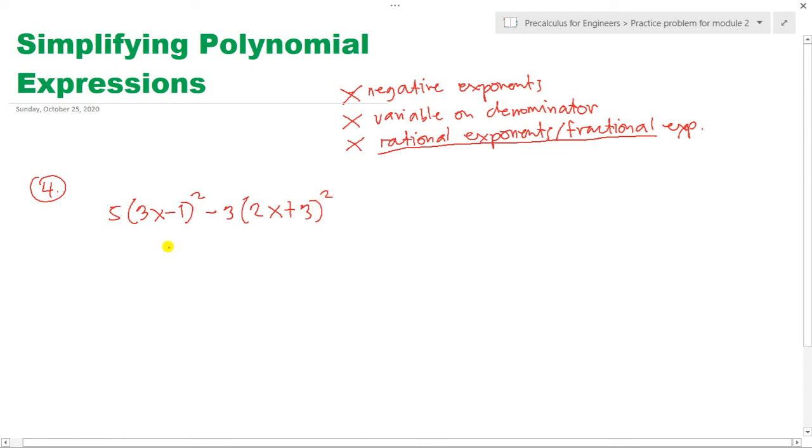So yung unang gagawin natin class, again, follow the PEMDAS rule. So since mayroong exponent tsaka may parenthesis sa loob, yan yung unahin natin. So let's expand this expression that is inside the parenthesis. So in expanding this class, remember the